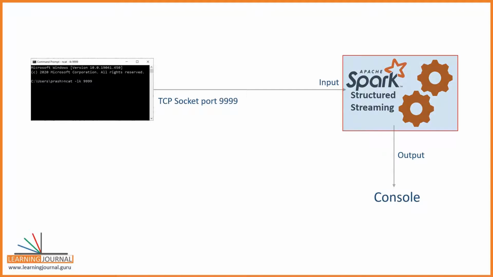On the other side, we will create a Spark structured streaming application. The application will connect to the TCP/IP port and start reading the incoming text. After reading the text, we will apply some Spark transformations to count the words and print word count to the console. That's all. However, all of this will happen in real time. As soon as you send the data to the TCP/IP port, the Spark application will read it, count words, and print the results to the console. Make sense? Let's do it.